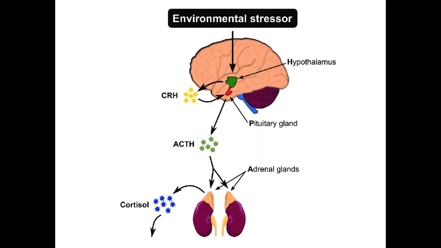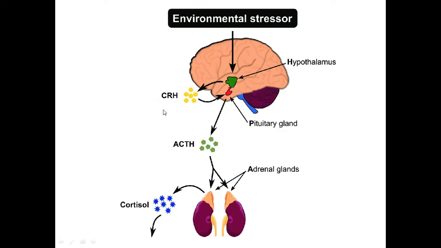Now, before understanding what this test is actually testing, we need to understand how the human system is working. Whenever there is any stress, be it external or internal, be it emotional stress, a fall of blood pressure, or a fall of blood glucose, the hypothalamus detects it and then stimulates a hormone called corticotropin releasing hormone.